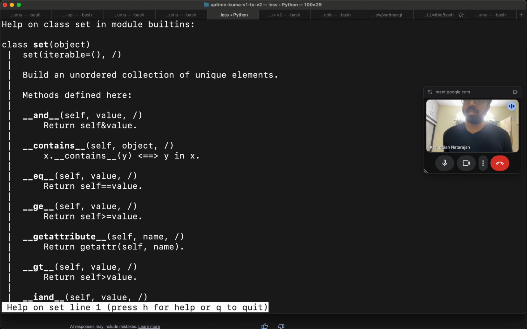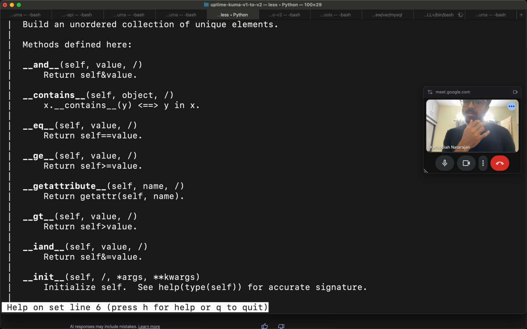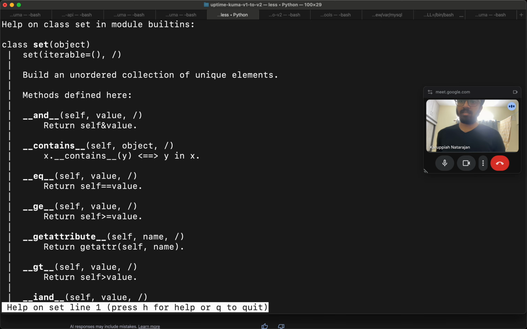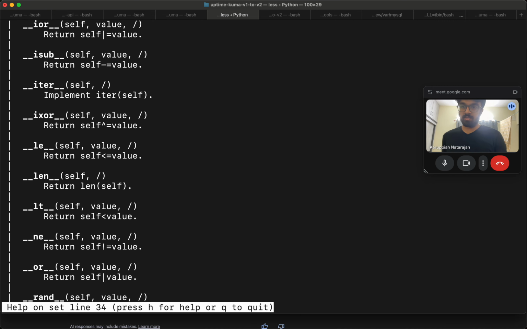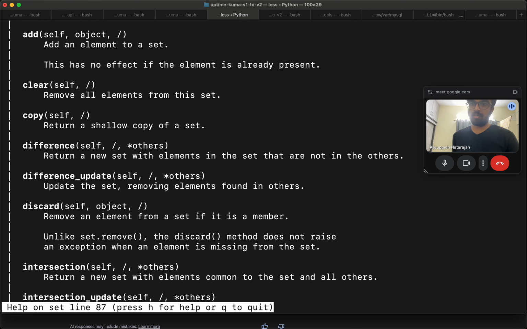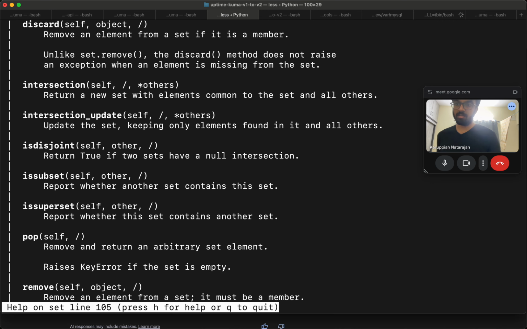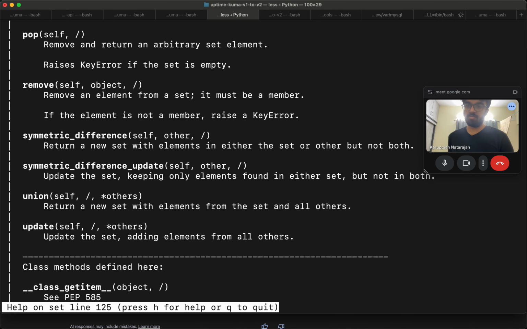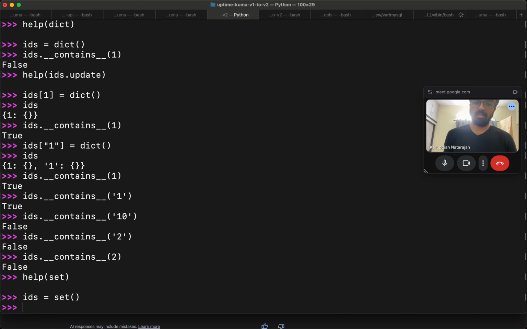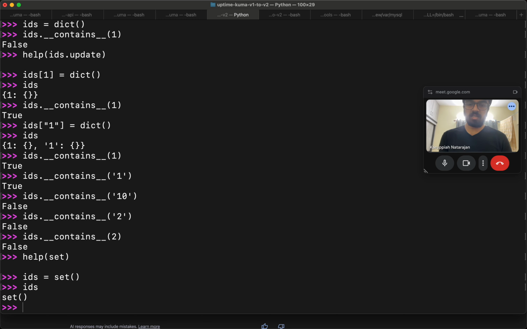So I'll just say set, and then do a contains check, and then add an element to the set. This subset is supposed to be the intersection of remove. Cool. So I can actually just do IDs is equal to set. If I look at it, it's a set, and if I add to it,